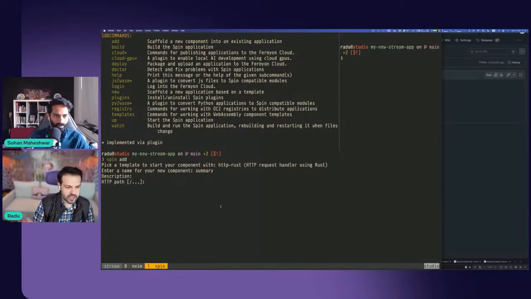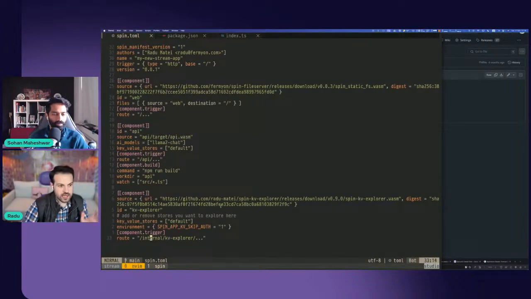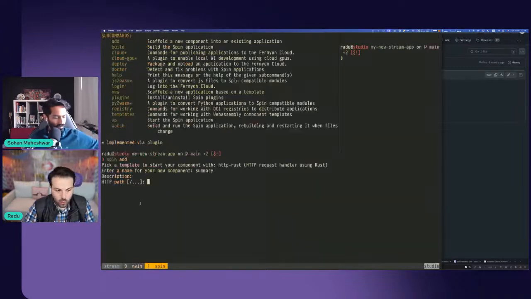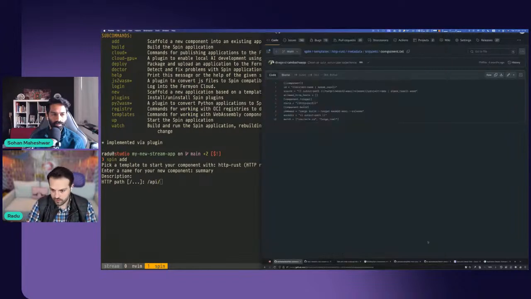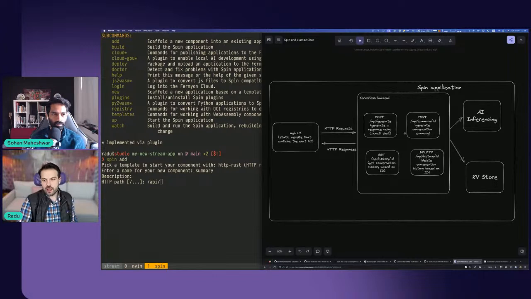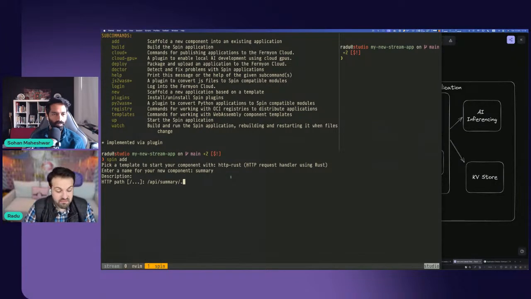We don't give it a description, and then it asks us, there is an existing application, and there are some routes and some API endpoints in this application. What is the HTTP path? What is the API route, the API endpoint that this particular component should handle? If we go back for a second to Excalidraw, I need to handle /api/summary. And then there might be things here that we want it to handle, so I'm just going to give it a wildcard pattern so that anything that matches /api/summary is handled by